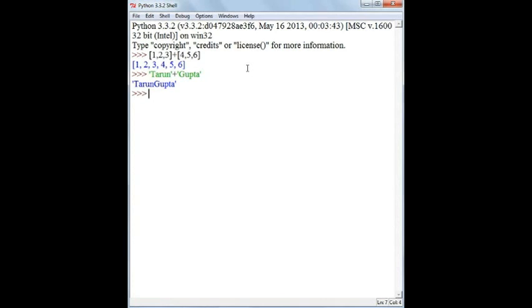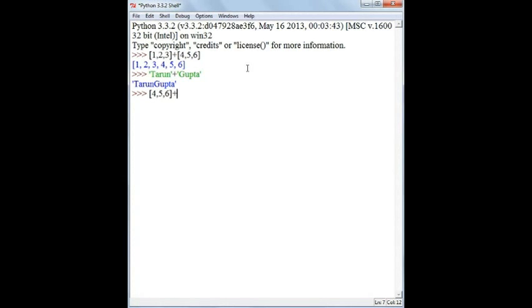Now let's see what happens if we try to concatenate a sequence of numbers, a sequence with integer values as its elements, with a string. So go ahead, type a sequence with numbers. Say we take the sequence 4, 5, 6.